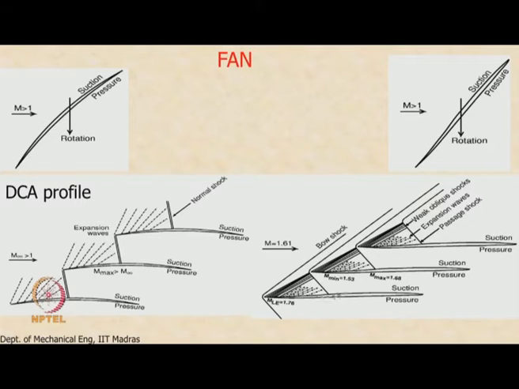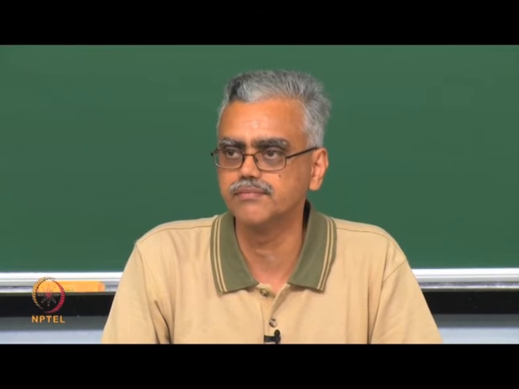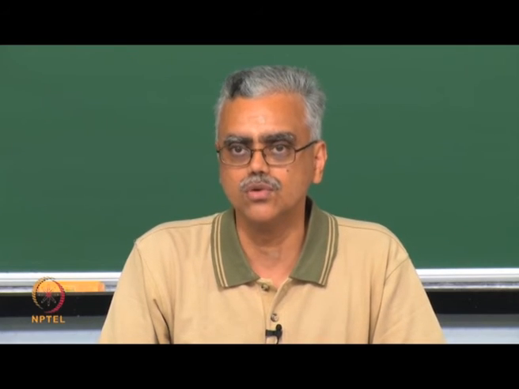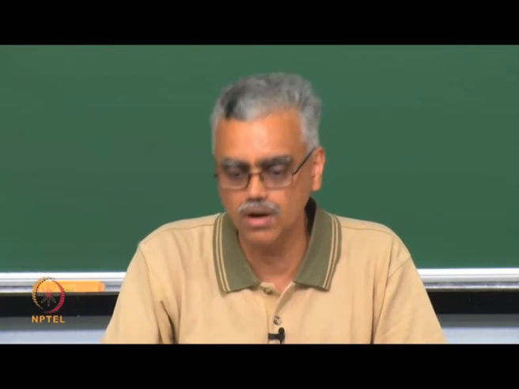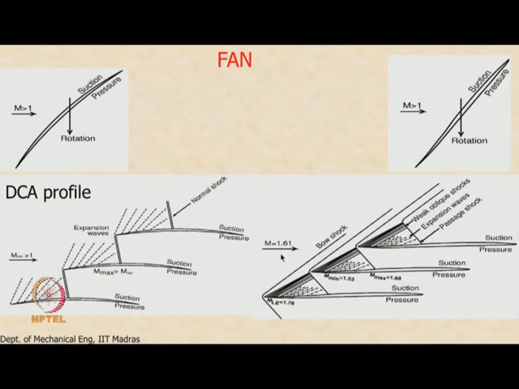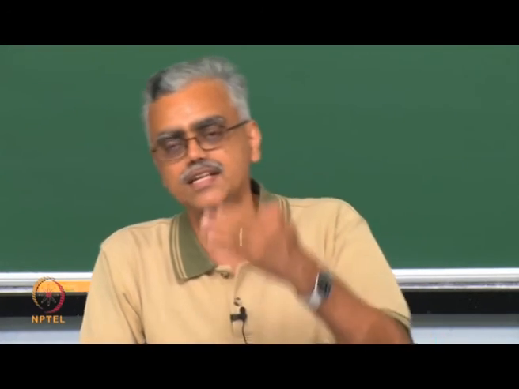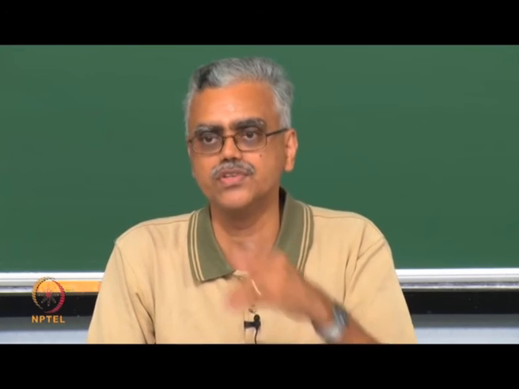So the maximum Mach number here, just before this, is about 1.68, while here it is 1.53. It still accelerates, but the advantage is it is almost the same as this. So the moral of the story is we do all this hard work, right, to get back to the Mach number that we started with. That is the tricky part in designing these airfoil sections, right. That is the tricky part in placing any surface in a supersonic flow.